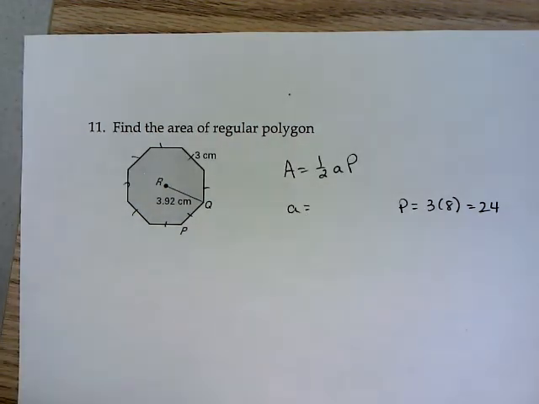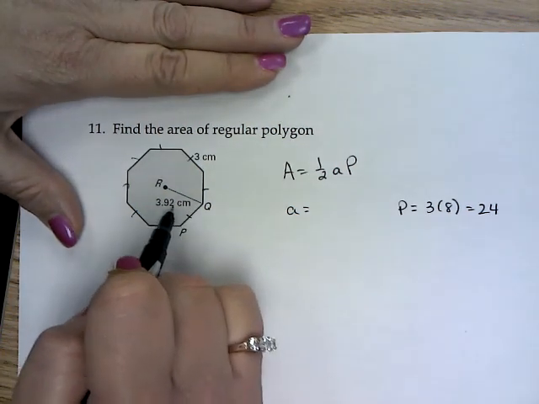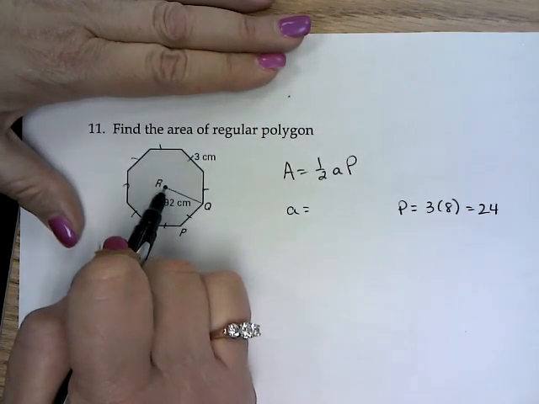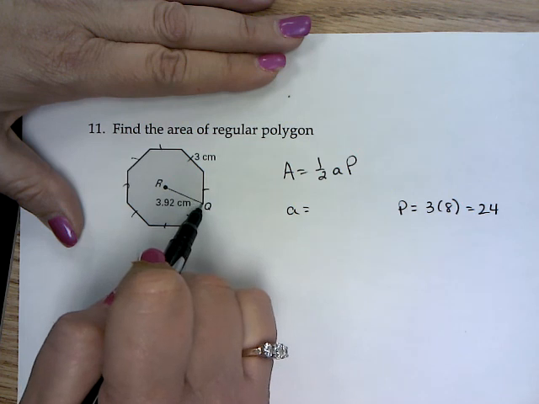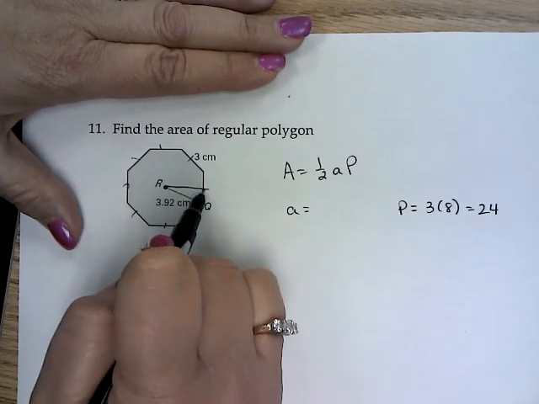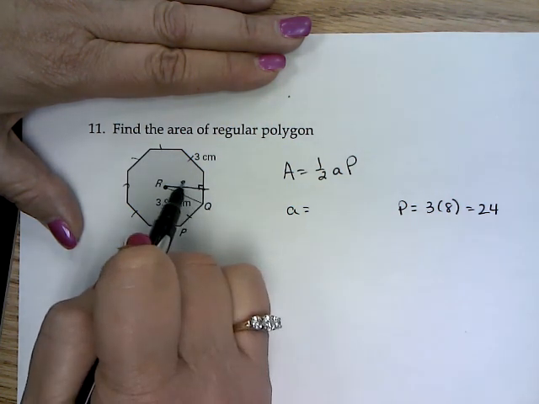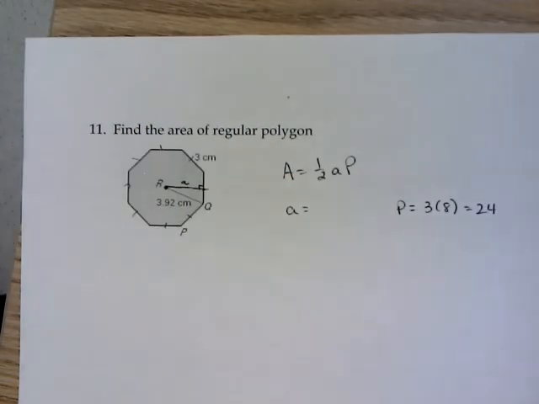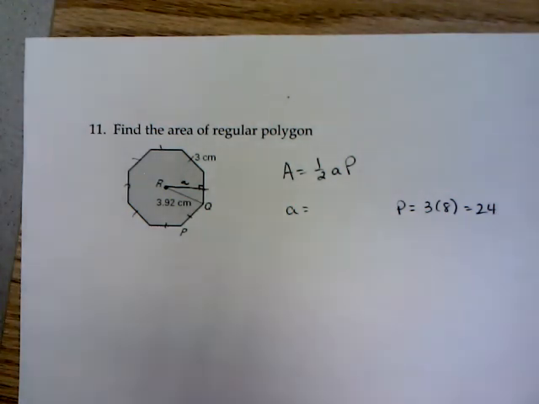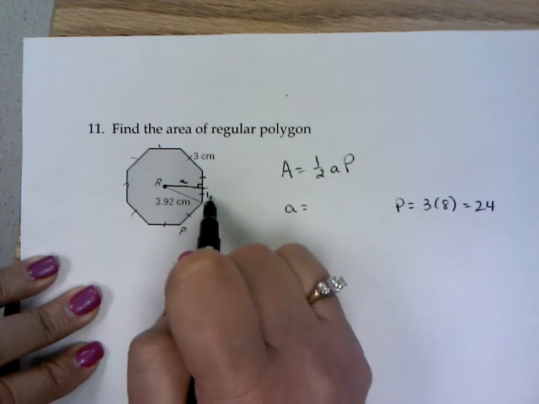The apothem gets a little difficult. The apothem, what is given here is a radius. How do I know that? Because the radius goes from the center to the vertex of the object. My apothem comes from the center to the side and forms my right angle. That is my apothem. When it does that, because everybody is regular and congruent, it bisects this side, so each